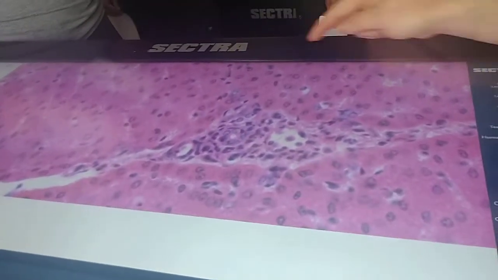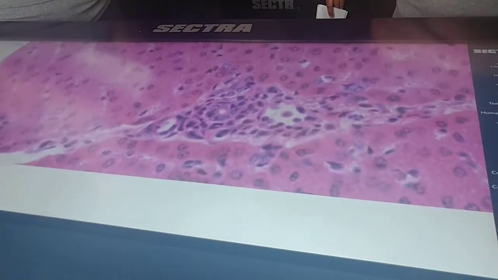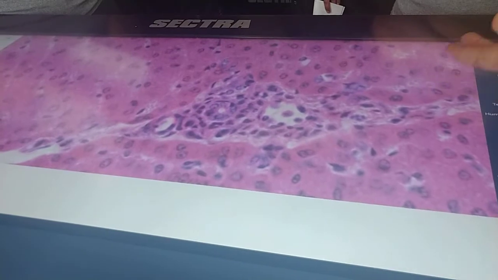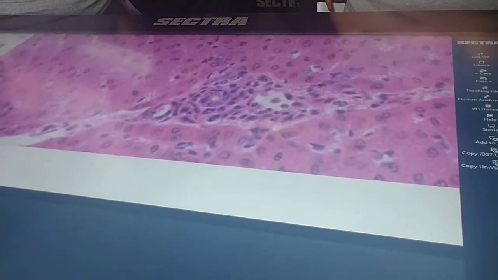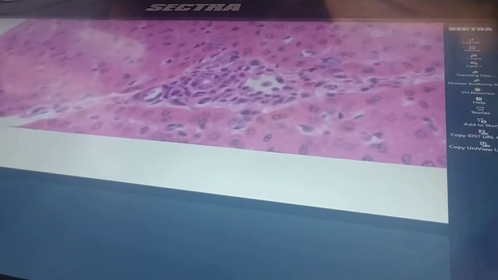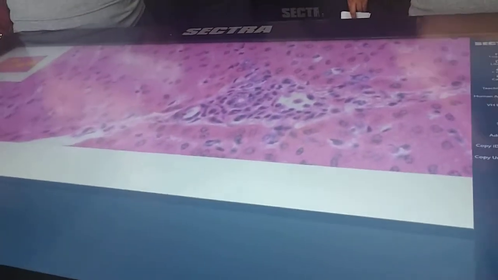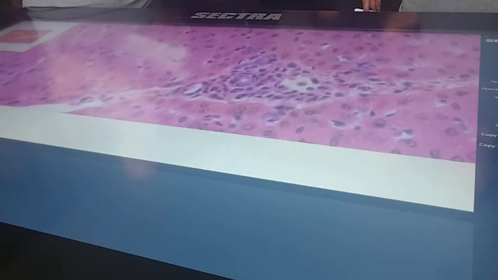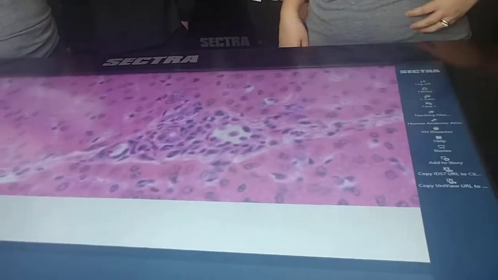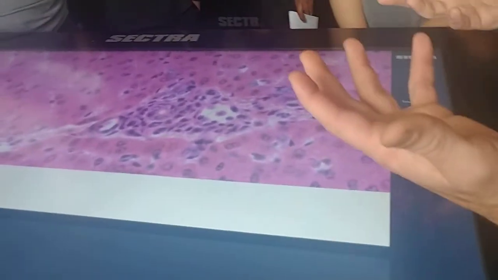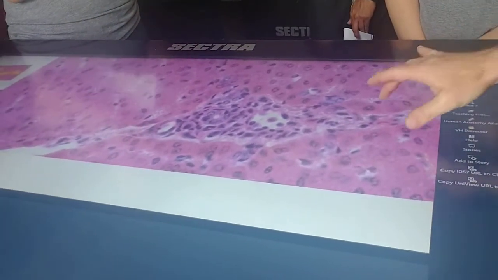It has to be the duct, yeah. Those are, I spoke of them in class, those simple cuboidal epithelium that line the ductules, what we call cholangiocytes. When you have a reflexive biliary spread of microbes, bacteria, whatever, from the lumina of the gut up into the bile duct and into the biliary tree, these are the guys that are going to get inflamed and infected, and that are going to be causing cholangitis, which is when